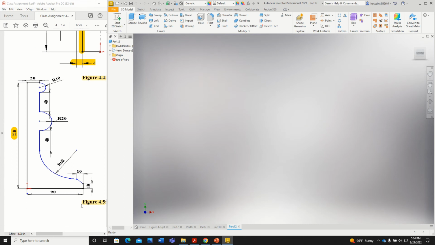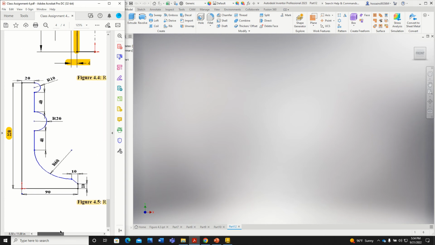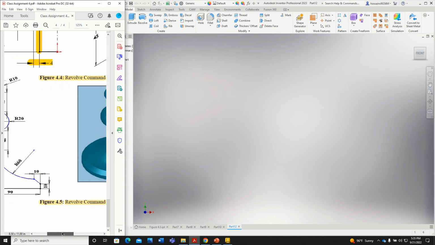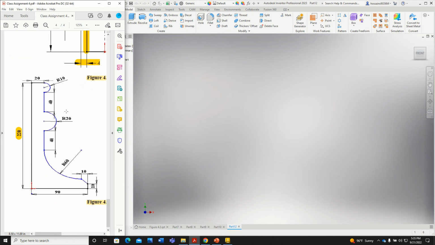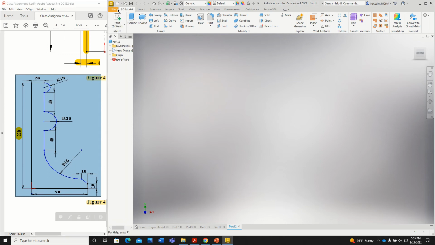Hello guys, there is another practice drawing for Revolve command practice, which is figure number 4.5. You can see here the final figure will look like this, but the cross section or the profile is given here. Okay, for this drawing you need to choose the millimeter template, so click on file